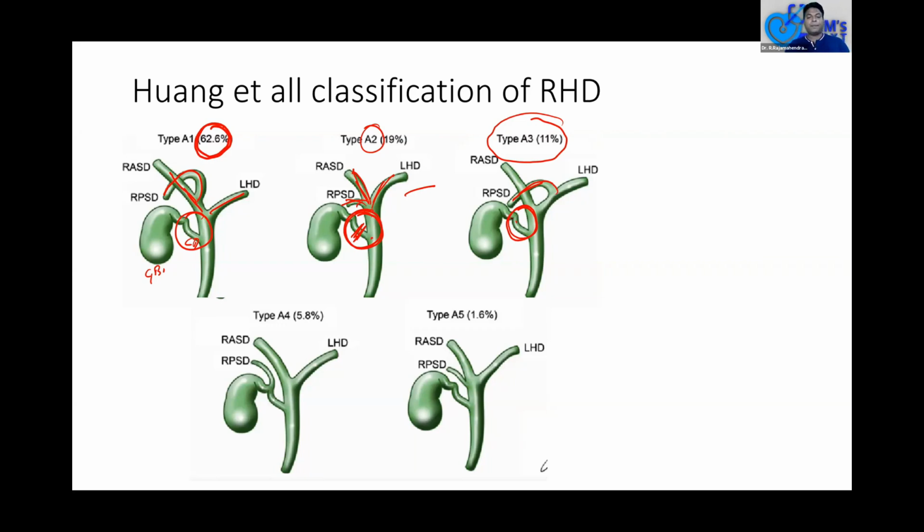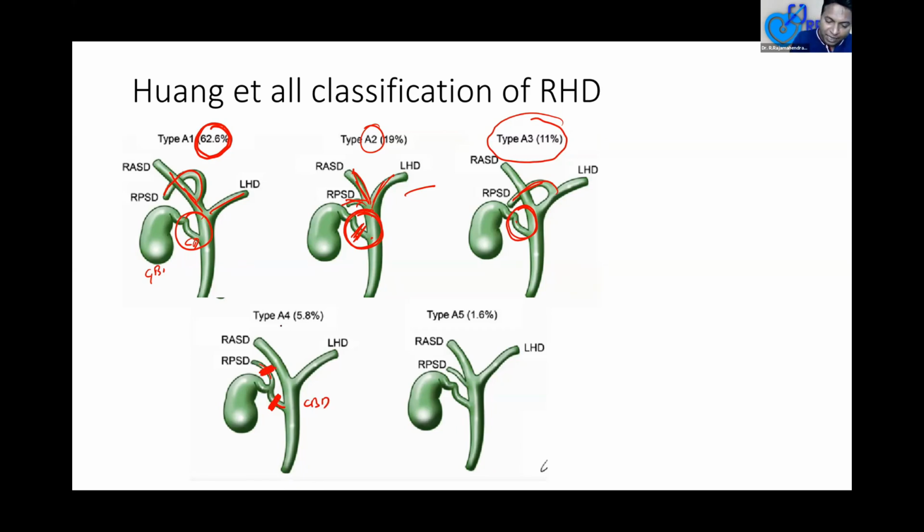But you come to the fourth one. See the fourth one, there is a problem happening. You can see the right postsectoral duct entering into the cystic duct. If I clip at this point, there will be more problem. Many times when we see a duct like this and a duct like this, we always think it is a CBD. We think we have put a clip in the CBD, but actually it is not the CBD. We have put a clip in the right posterior sectoral duct and in the cystic duct.